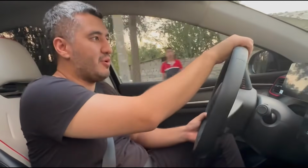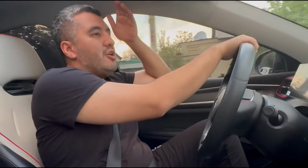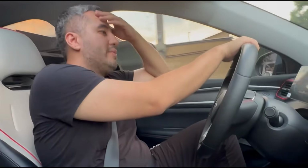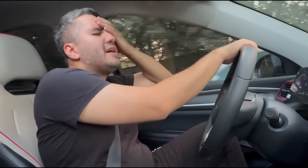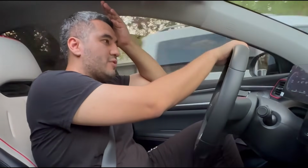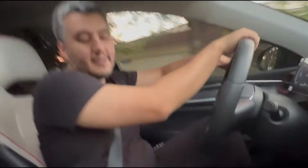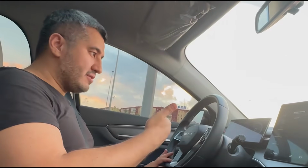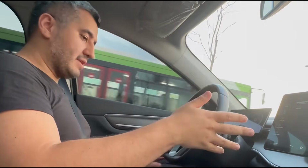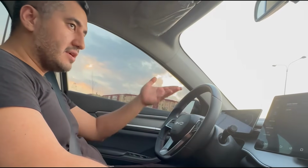Driving BYD Chaser is a very disappointing experience. First of all, at low speeds until like 40 kilometers, there's this sound. I don't know, I think you can turn it off, but I'm not sure, or maybe you cannot. I didn't look at the system, but really it's very annoying. Second of all, the sound isolation. Sound isolation is absent here. This is one of the worst BYD cars I have ever driven in terms of ergonomics and sound isolation. It's very economical, very fuel efficient. It has a lot of tech, every gadget that you want is here. It has the most annoying sound in the world, like this one. In traffic,